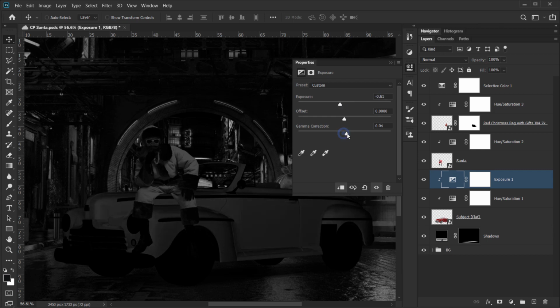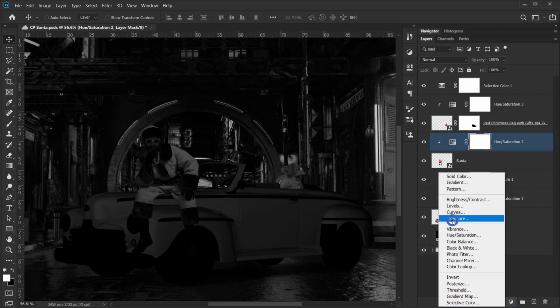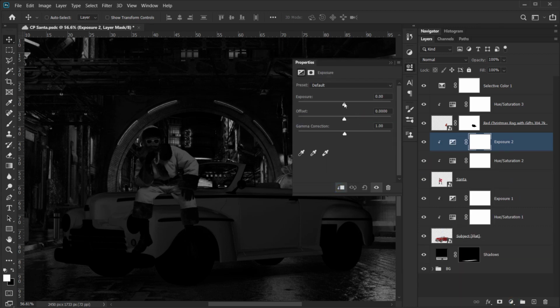Maybe the gamma correction, put it a little bit up. Alright, yeah, I think it's better. And I will do the same for Santa. We'll go to adjustment, exposure, clip it, put down the exposure a little bit, also put up the gamma correction,